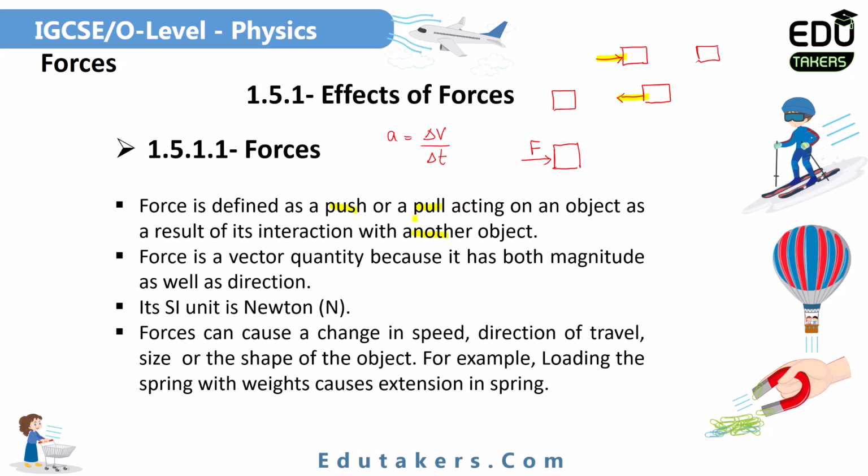It means that when a force is acting on the body, it accelerates. When the body accelerates, it means that either the magnitude of the velocity, which is basically called the speed, or the direction of the velocity changes. So I can simply say that when a force acts on the body, it may cause a change in the speed of the object. It may cause a change in the direction of travel. So both of these effects are basically due to force.